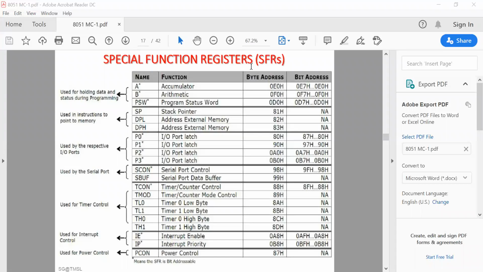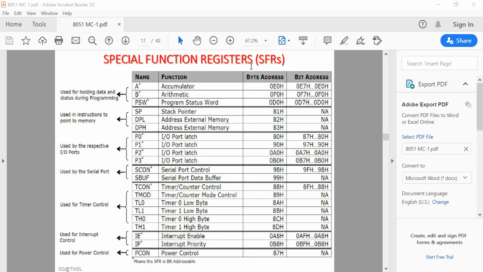So we can use either the name of that particular SFR or its address. Some SFRs are used by their addresses, or given a name also. That is the flexibility of the instructions in the 8051 microcontroller.